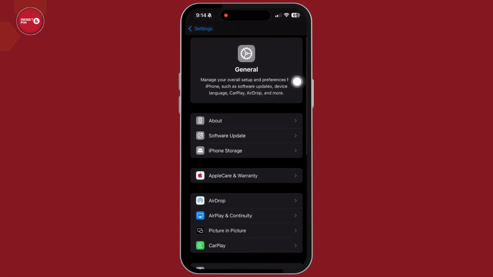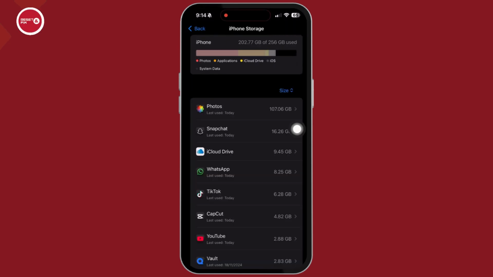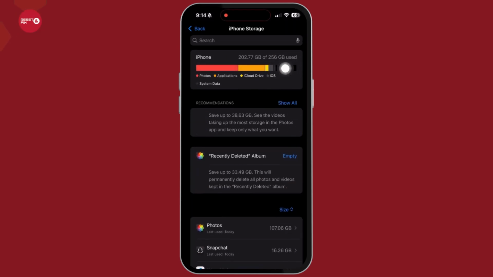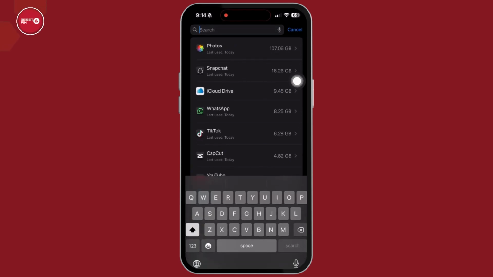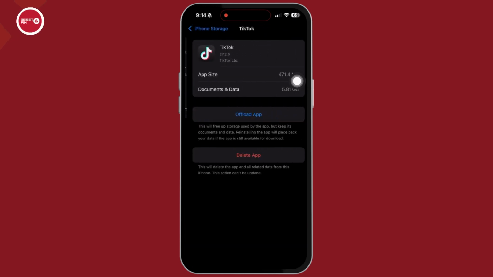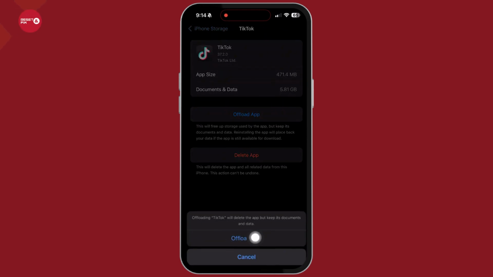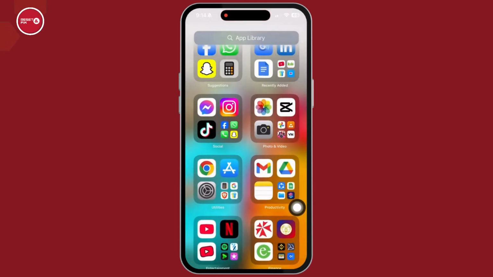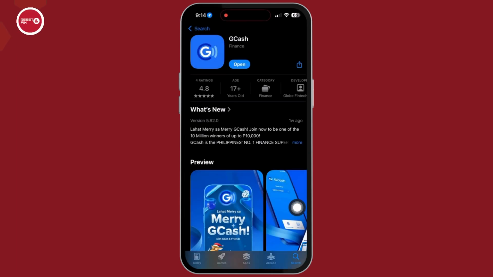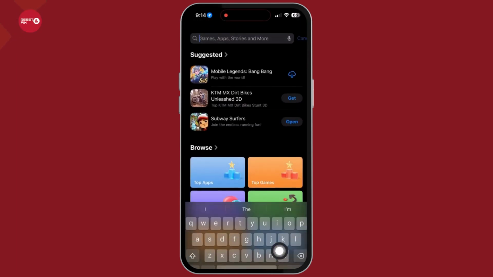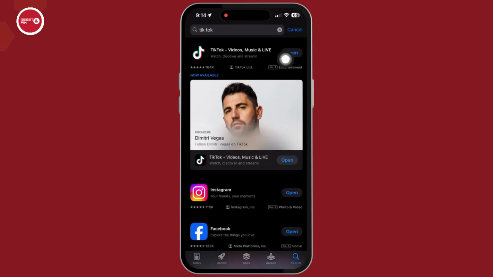Again, go back to General Interface and tap on the option iPhone Storage. Look for the app TikTok and open it. Now tap on the option Offload app to clear cache. Also check for updates that may be available for TikTok app. Open App Store and search for TikTok, and if there is an update option available, click on it to update